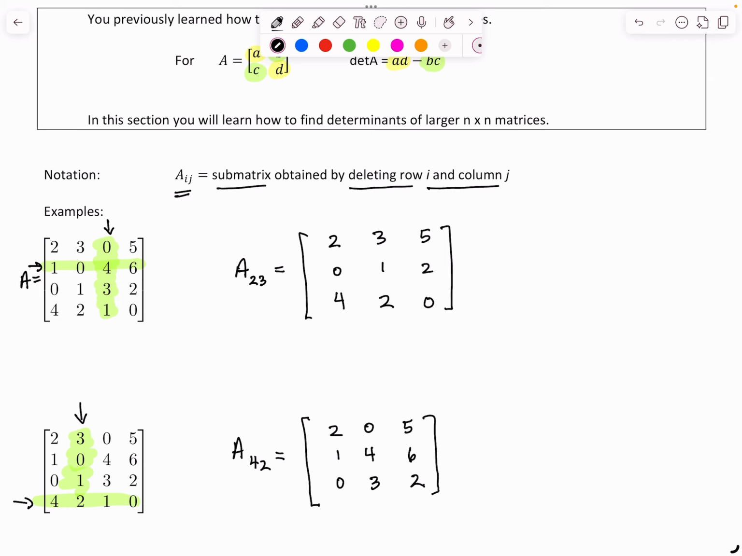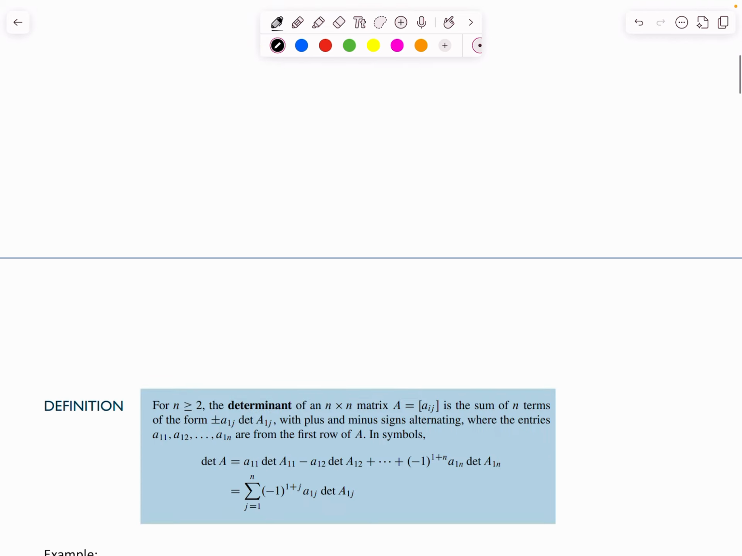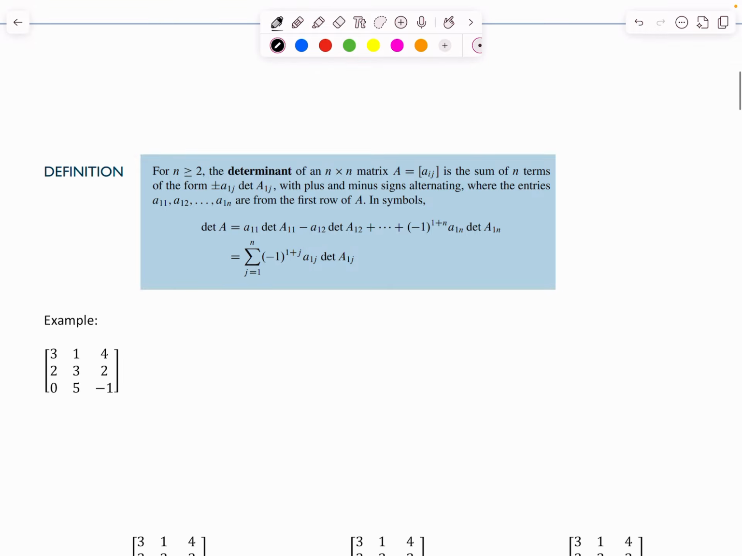All right. So with that particular notation, we can now introduce the definition of the determinant of an n by n matrix, and it could even apply for 2 by 2s. What you do is you take the sum of the n entries of the form plus or minus A1j. So you're going to be alternating the signs, plus, minus, and